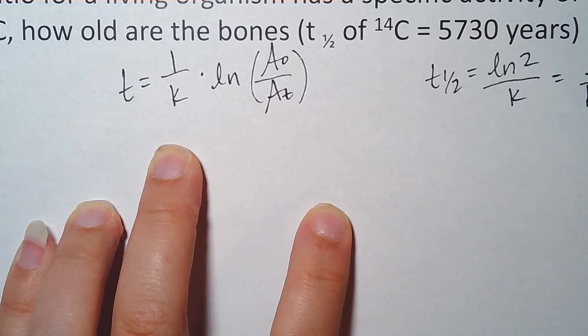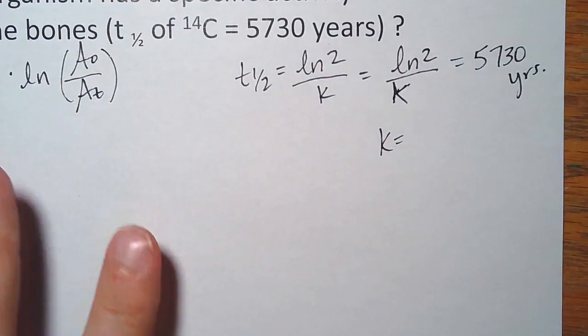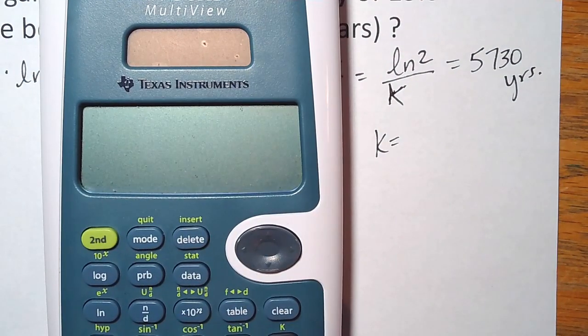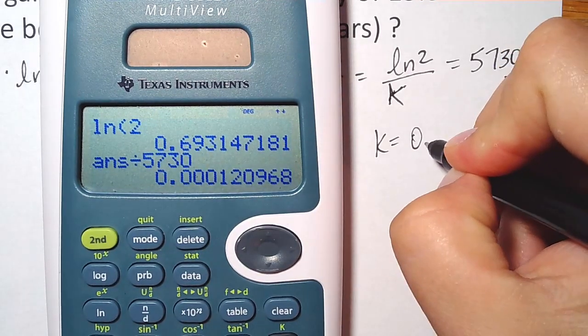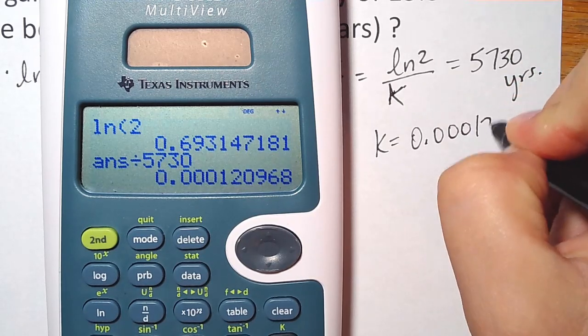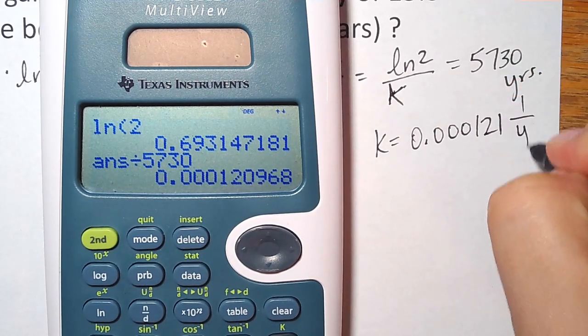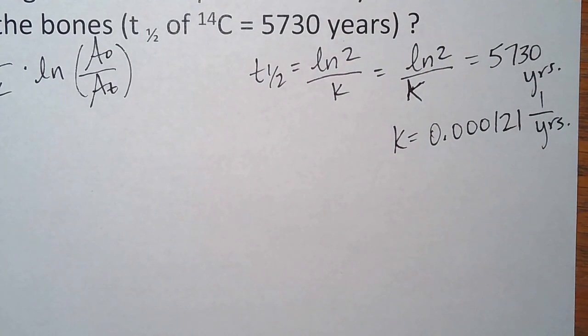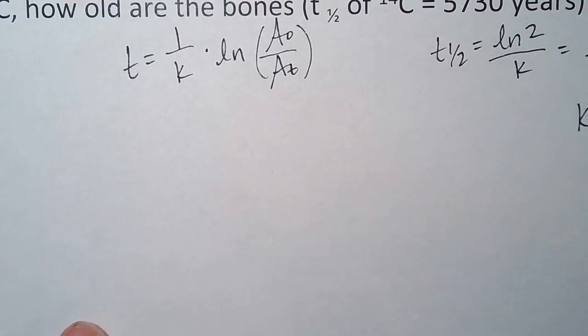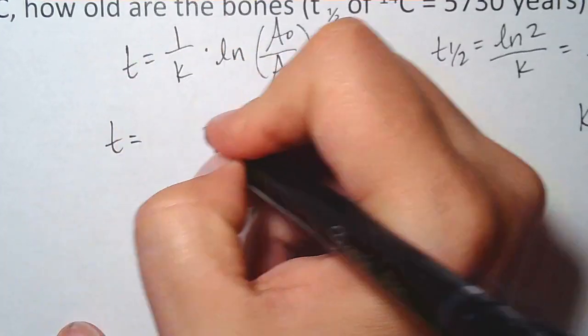So let's find k. Alright, so ln of 2 divided by 5,730 is 0.000121 per year. Alright, so there's our k value. So we're going to plug that in. Trying to find t. 1 over 0.000121